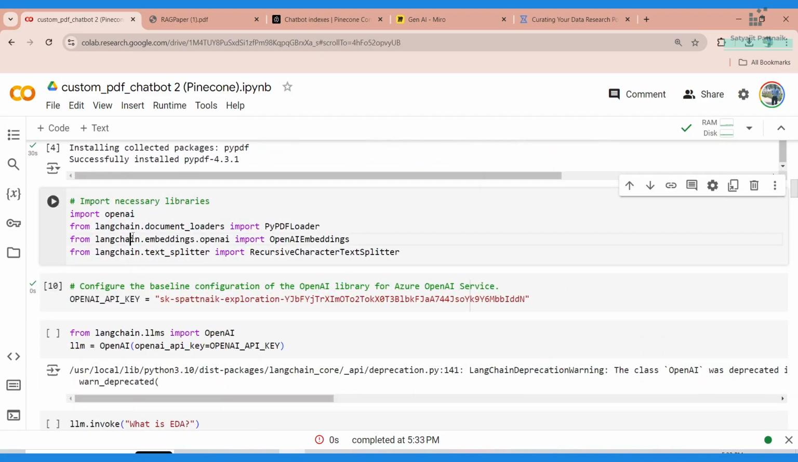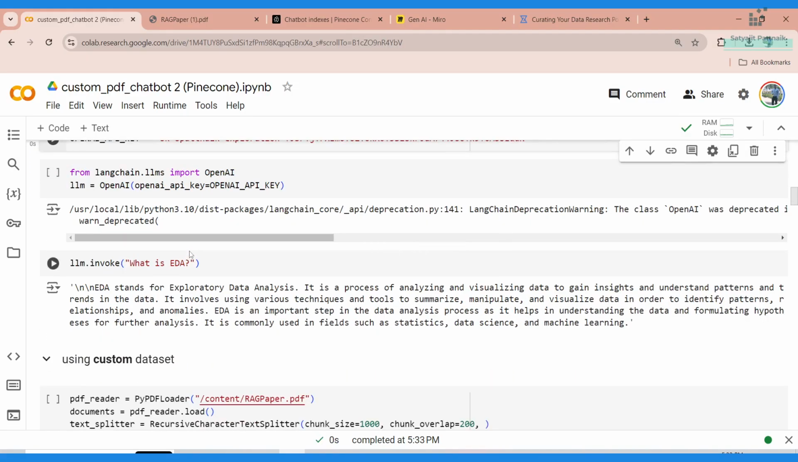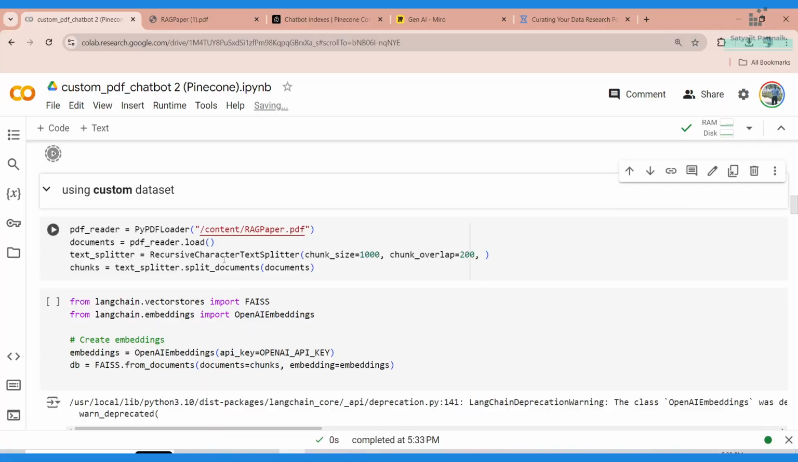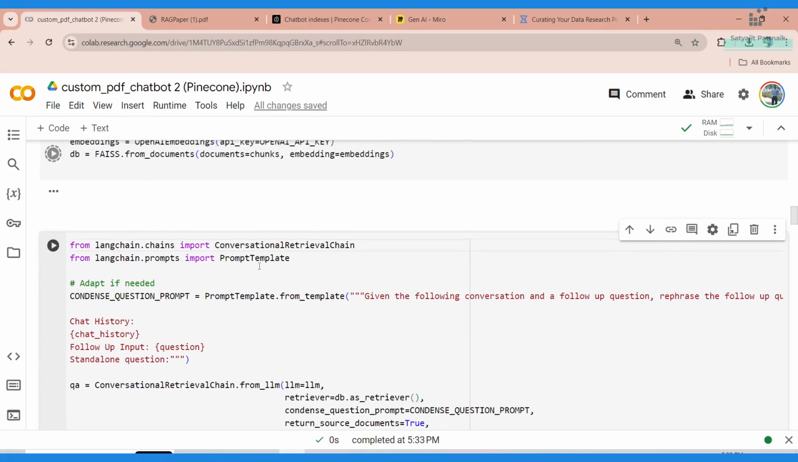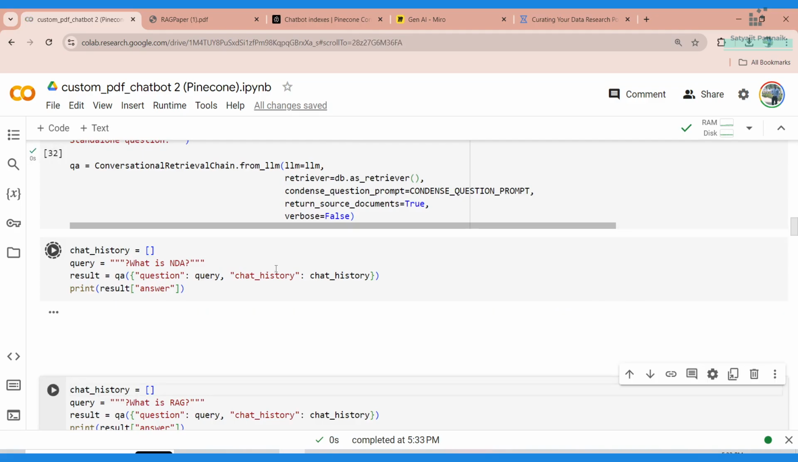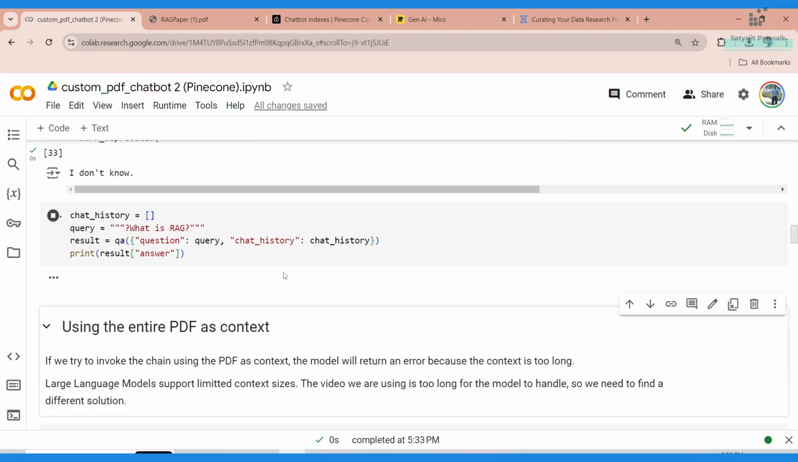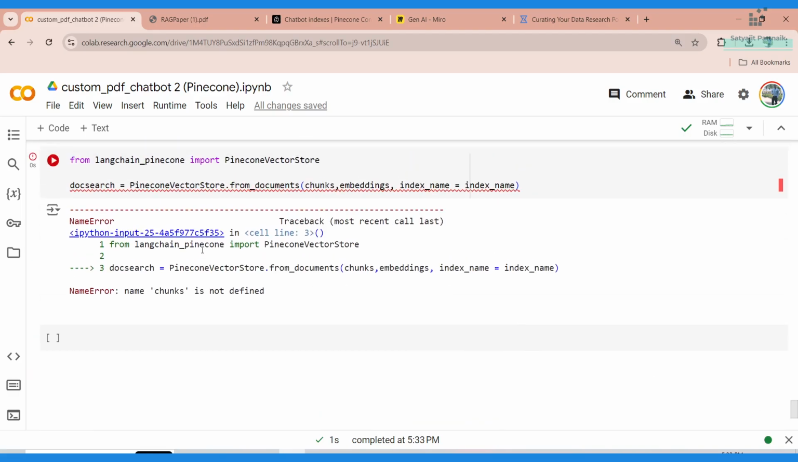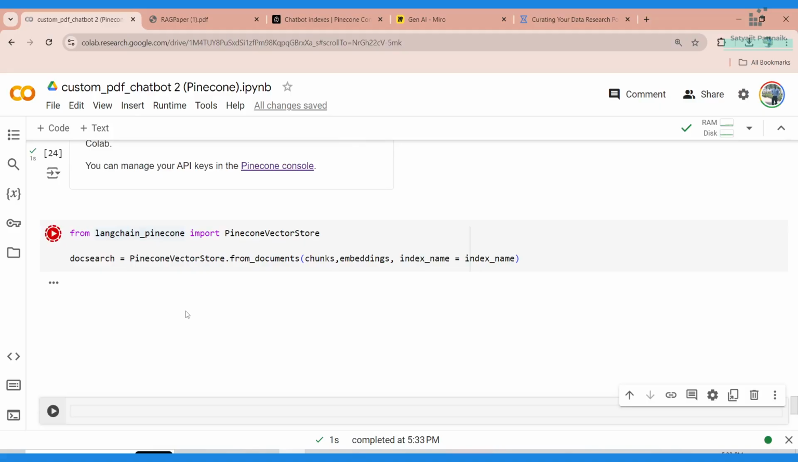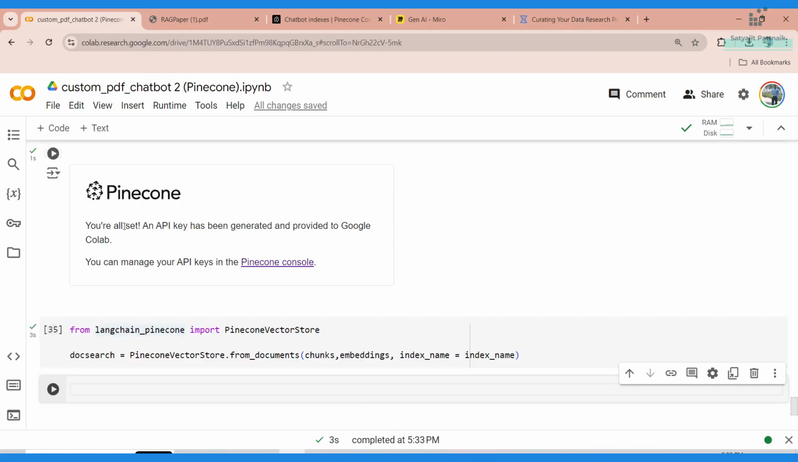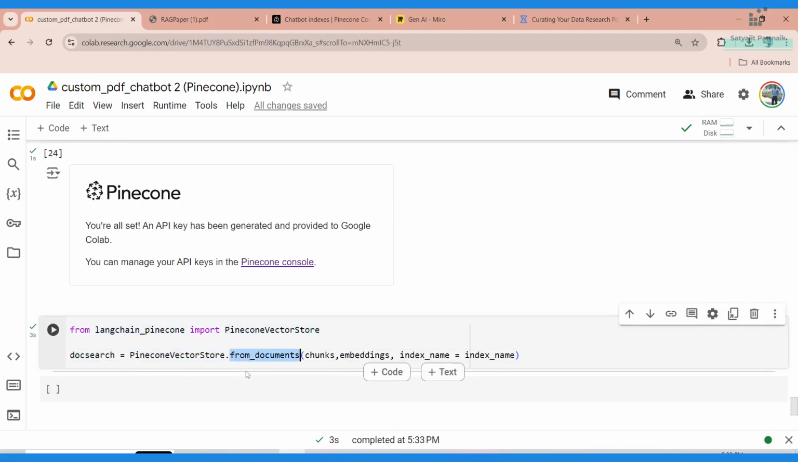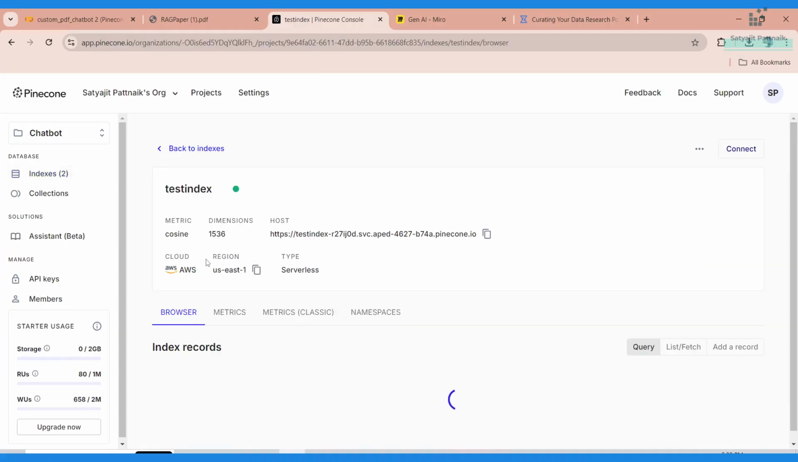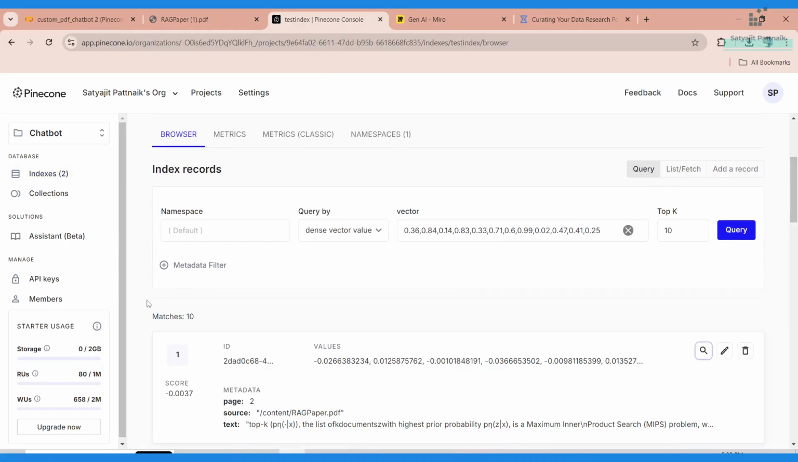So I'll just go back. Okay, now I'll go back and run this code, because in the middle some of the codes were not executed as I restarted my Google Colab. So my doc search is ready. Pinecone vector store from documents. Now I'll go back to my index and I'll try to see. You can see